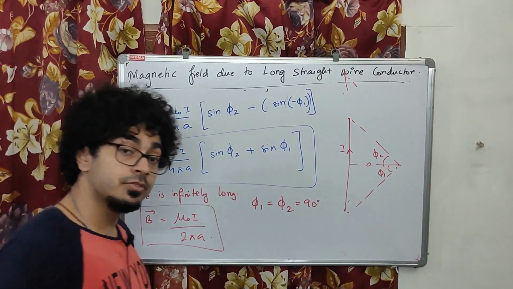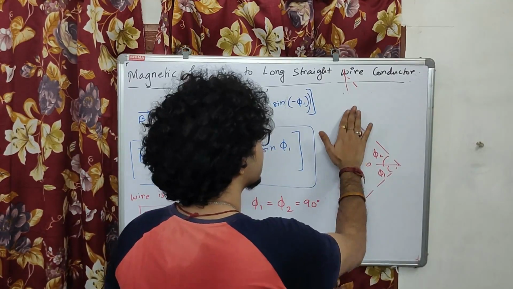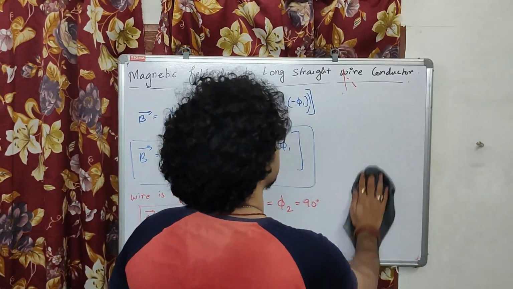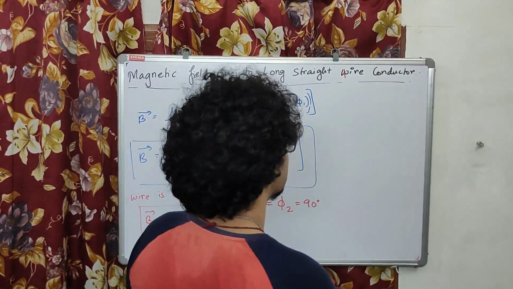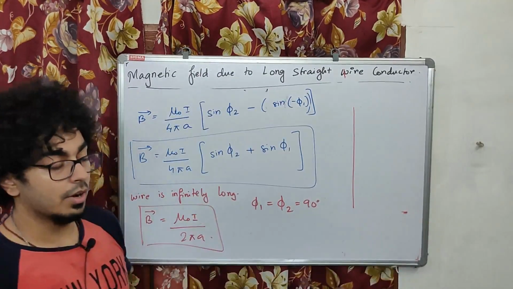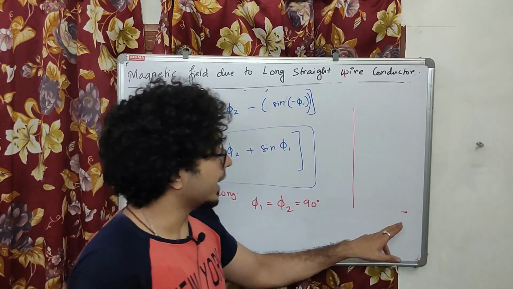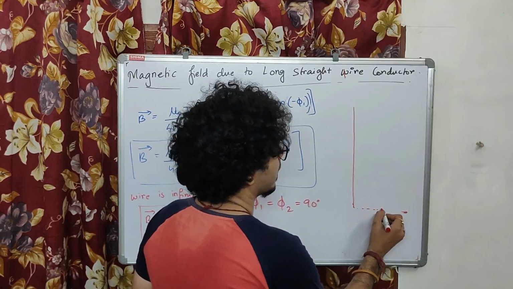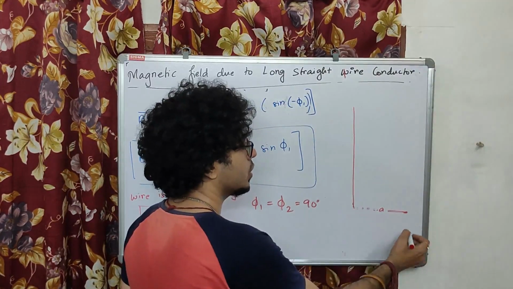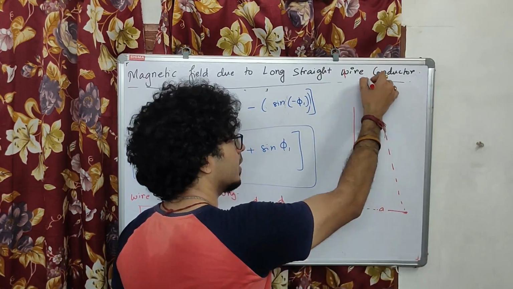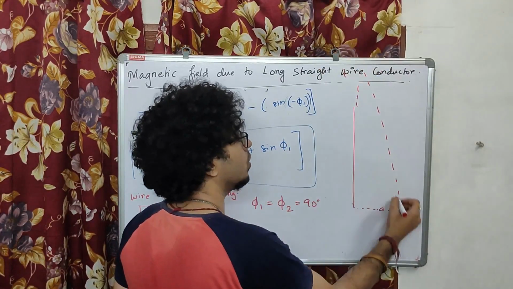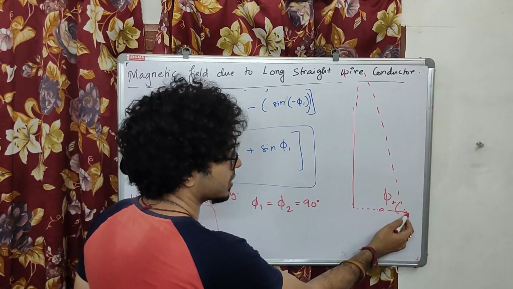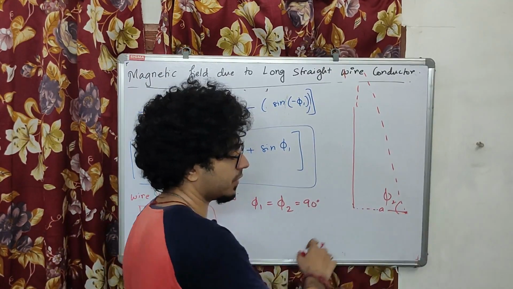for that finite length of wire you have to use this formula. Now, semi-infinite means it can be like this also, or like this also. You have to find the magnetic field at this point, and now the wire starts from here. Here the wire is infinitely long on one side, so you only have to use phi 2, no phi 1, because phi 1 does not exist over here.